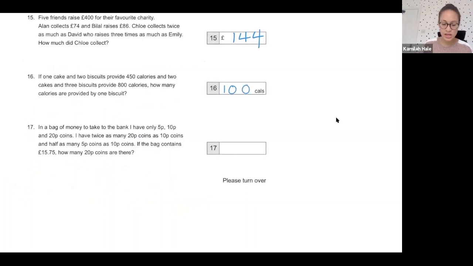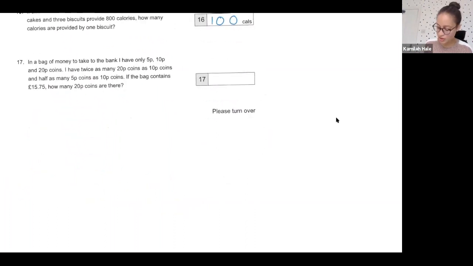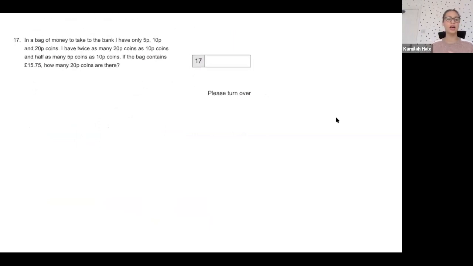Now 17. This is a tricky one. We've done a few of these in class, and I'm actually going to put in the comments on the YouTube video a question similar to this so you can get some more practice. So we've done these in class, and there is a very similar question in one of the Bond books. So you may have seen this before,